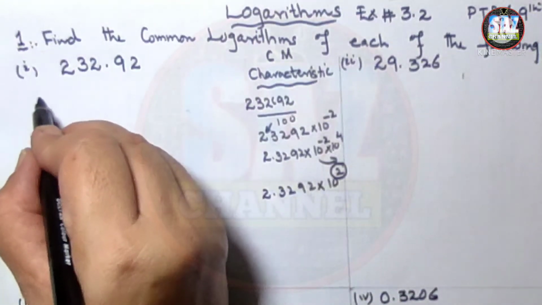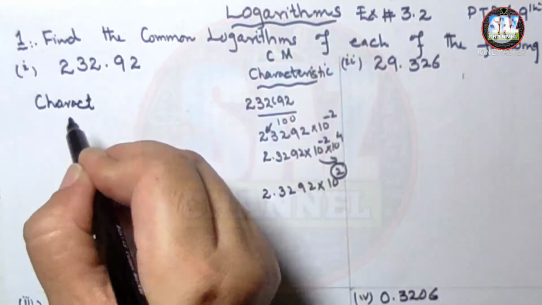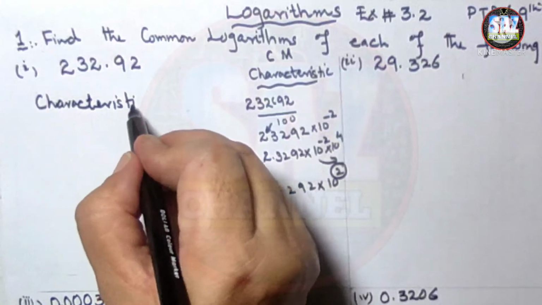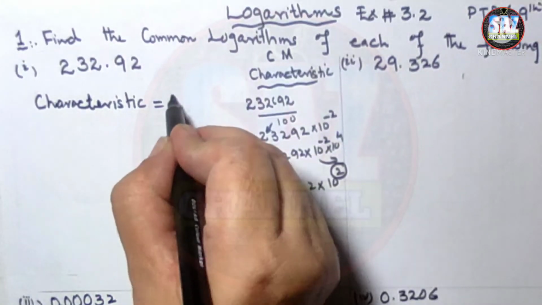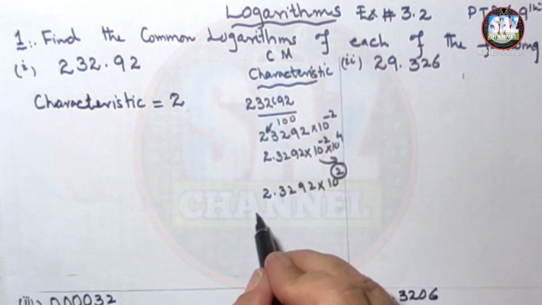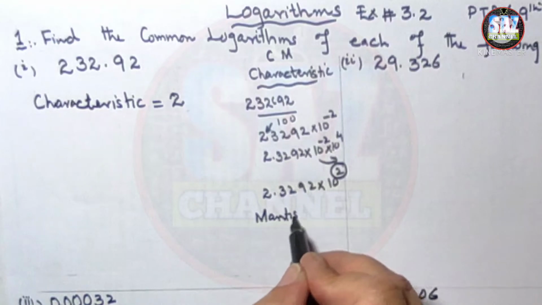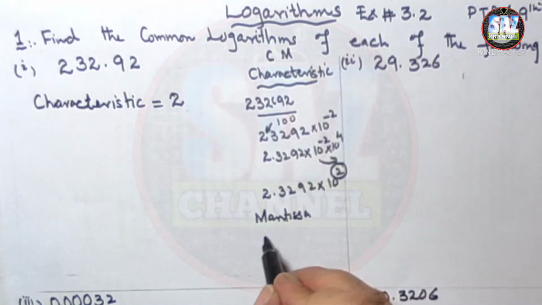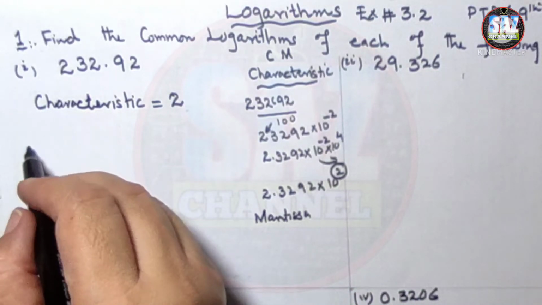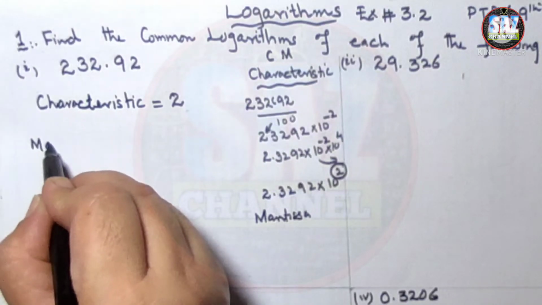So let me write here. Characteristic equals 2. Now let's talk about the mantissa part. Mantissa of the number is always positive, and in order to find the mantissa, what we have to do is, for mantissa calculation